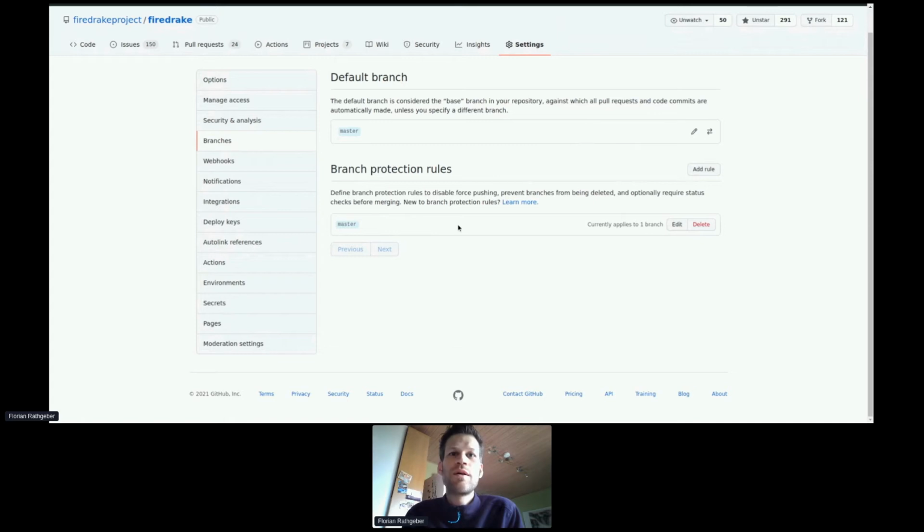Okay, Pavel asked what branch protection rules are. A branch protection rule sets specific requirements for modifying a given branch. In this case, we have a branch protection rule on the master branch, and usually you want those